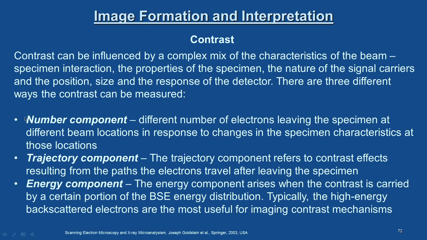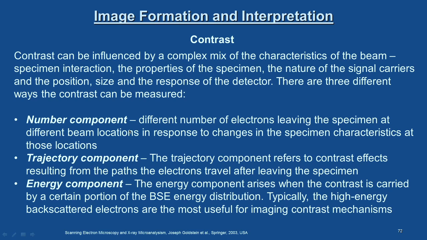So, what you have to appreciate here is that when it comes to the contrast of the imaging, these three components have an important role to play, whether you get a secondary electron image or a backscattered electron image. So, we will see one by one how these three components play a crucial role